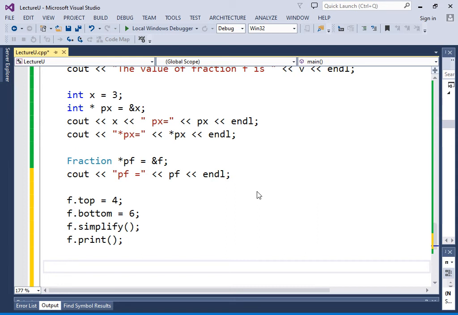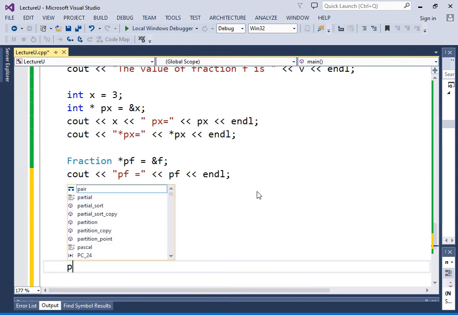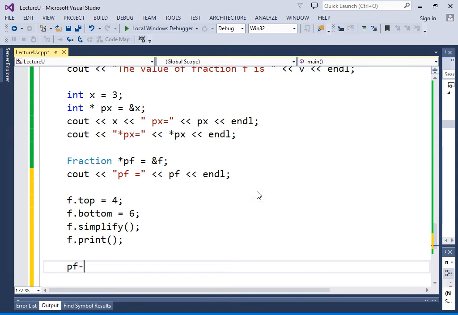So the difference between an object and its address is I have a house, but I could give you the address to my house, and then you could use my house if you knew what the address was. You can break the windows. Yeah, please don't. All right, so pf